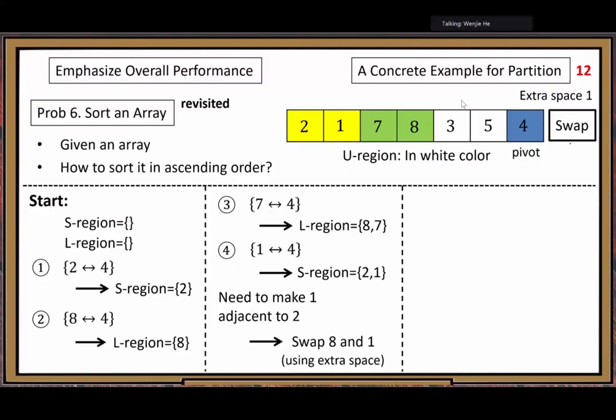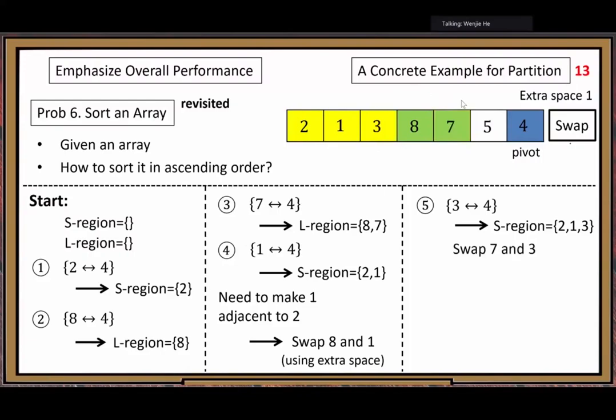Next operation, comparison: compare 3 and the pivot. 3 is less than the pivot, so we should put it in the S region in yellow color. We need to do that swap another time. So swap element 7 and element 3, then we can organize the data in these two categories in a neat way.